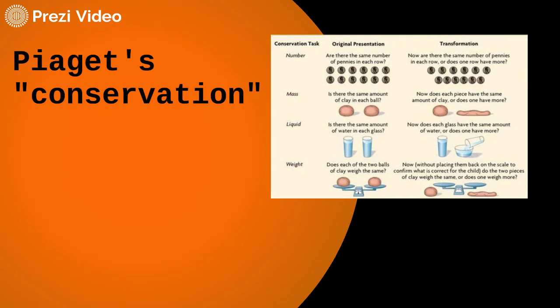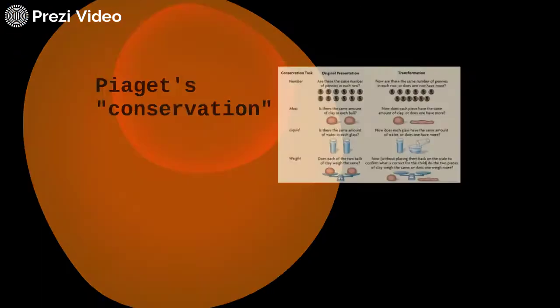If you're familiar with Piaget's work, there is some similarity between these two ideas. They're not exactly the same, but there is some commonality. So if you imagine a Piagetian experiment that looked at children's conceptions of the notion of conservation, for example, you would find that there are a limited number of ways in which children conceptualize this concept of conservation. And that's very similar to what phenomenography does.